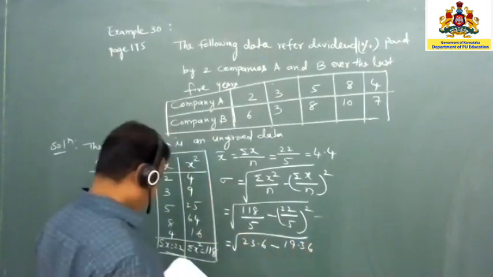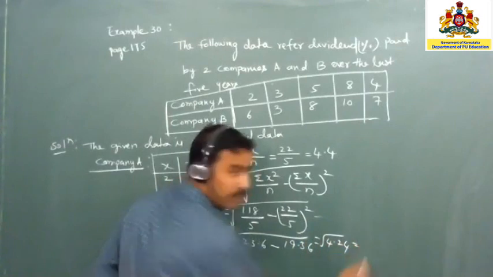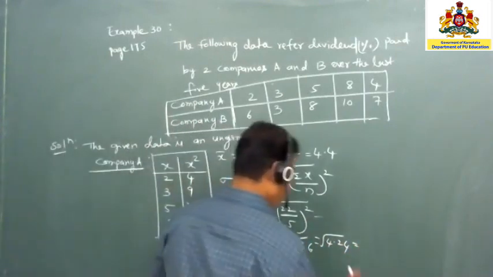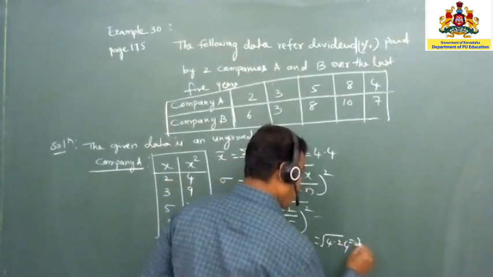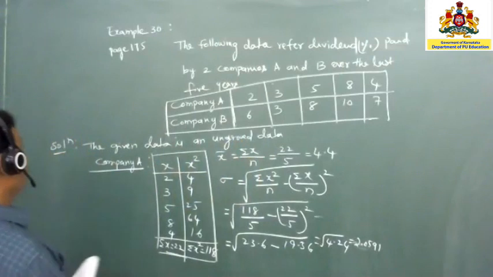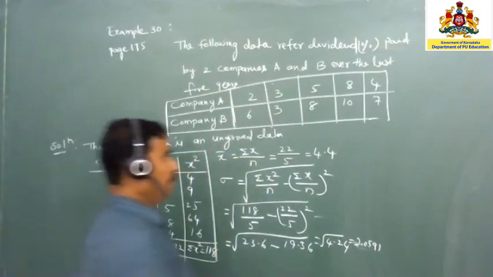Square root of 4.24 equals 2.0591. It is for company A. Similarly, for company B,